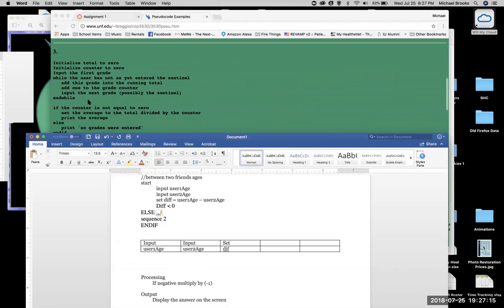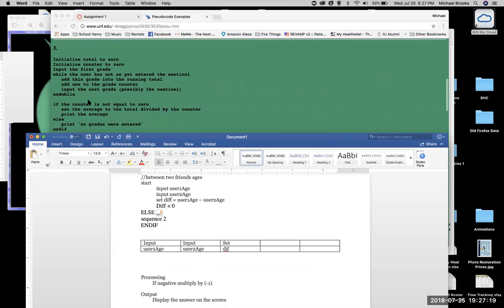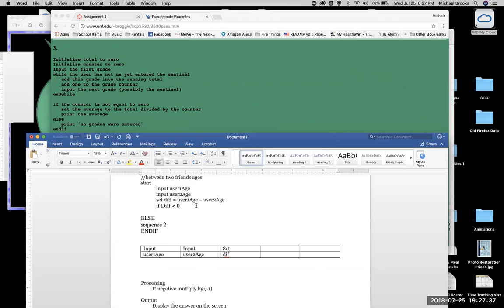So these are not the codes, right? That's not the coding, right? So if, now we're going to put if diff is greater than 0, so now we're going to set